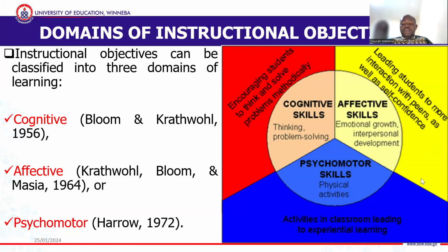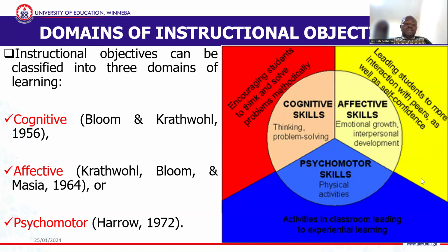Remember, every learner is holistic. So when we are measuring whatever is in them, you must measure the learner holistically. Bloom and Krathwohl were those who started with the cognitive domain. Later, Krathwohl, Bloom, and Masia also came with the affective domain. Lastly, the psychomotor domain was propounded, or championed, by Harrow,